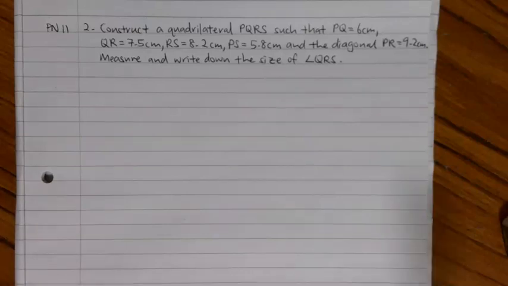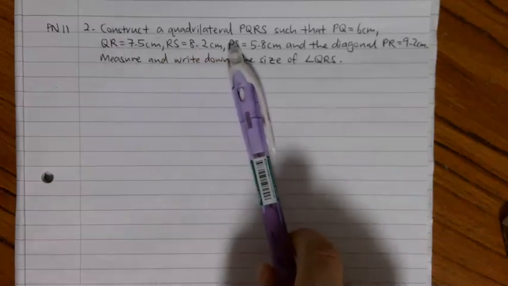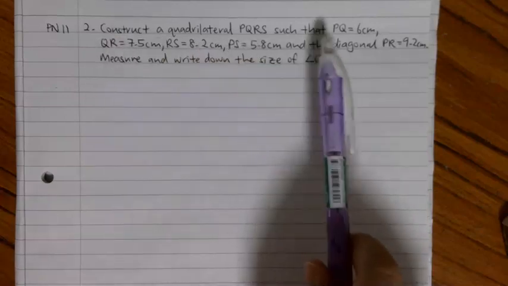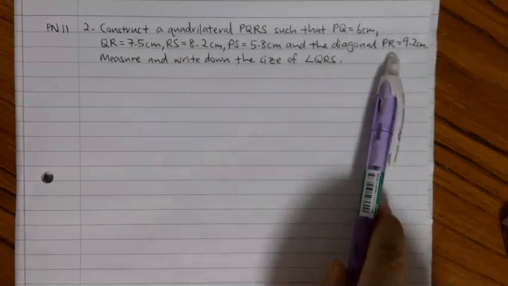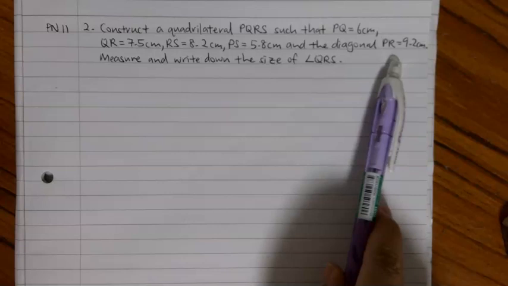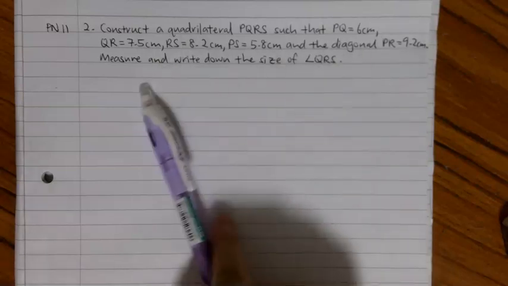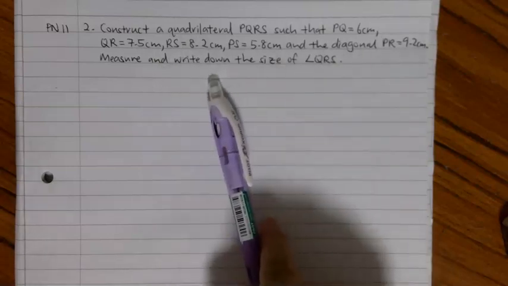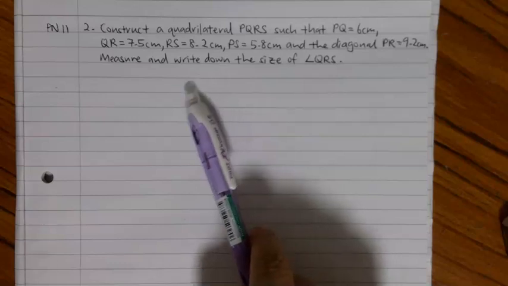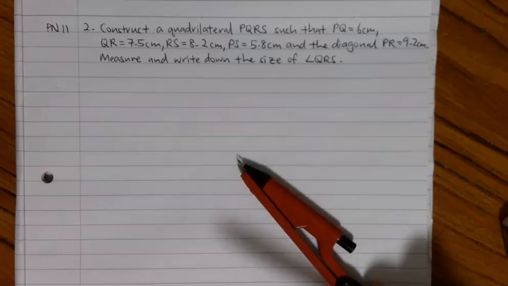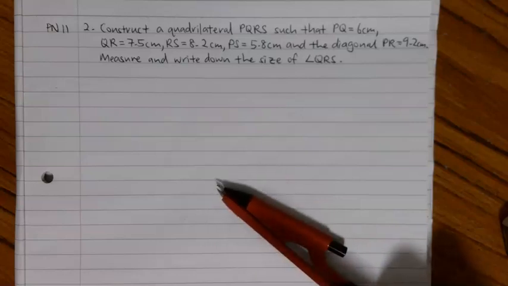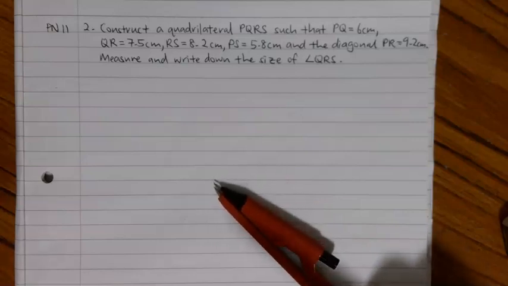Okay, in this video, we are going to construct a quadrilateral PQRS. They have given us various lengths, and even the length of the diagonal. Notice that no angles have been given. So this one we really have to be a bit more careful. We'll be relying on our ruler and compass to help us construct the possible locations of each of the